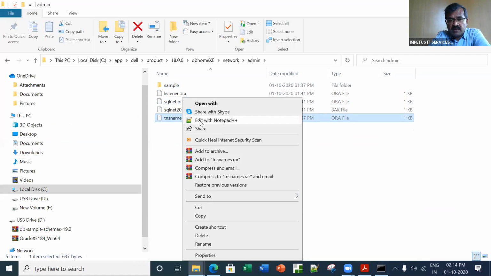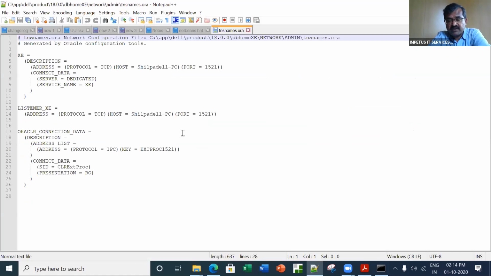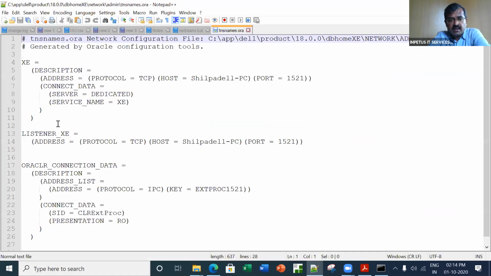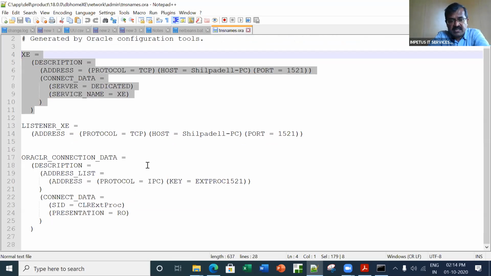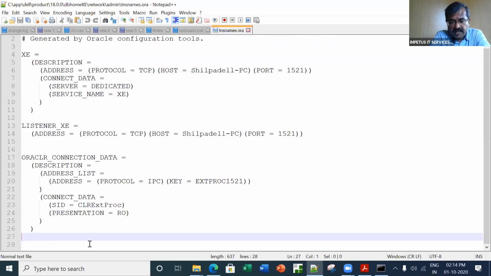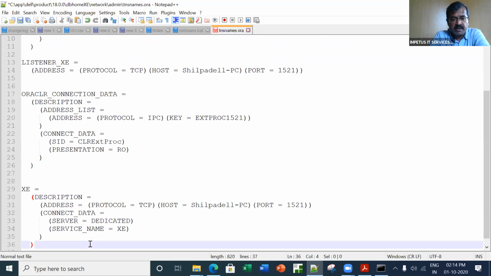Now if you get this file, let's open up this particular file. There are some changes that we have to make. Okay, this is the file. The first thing that I'll do is I'll copy this. I don't want to waste my time, neither do I understand what this is all about. So I'll copy it and I'll paste it below.